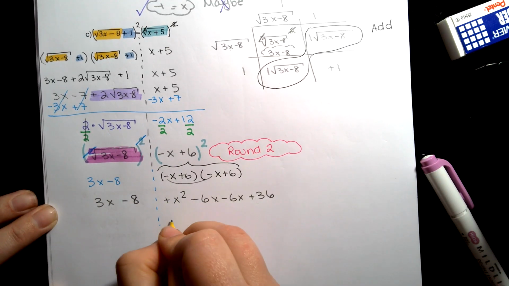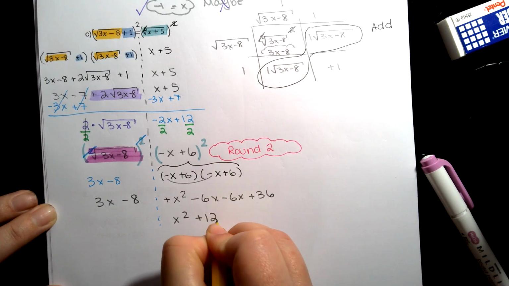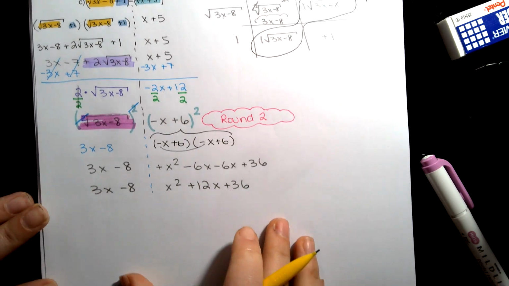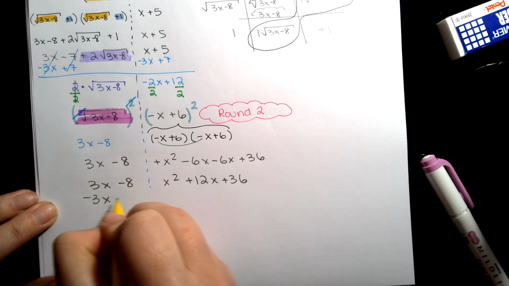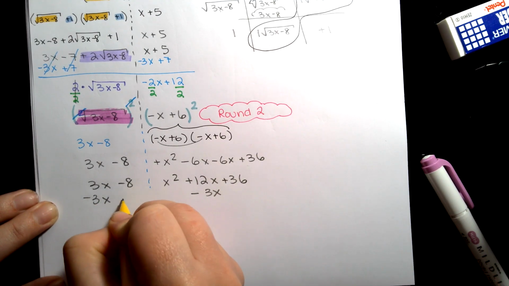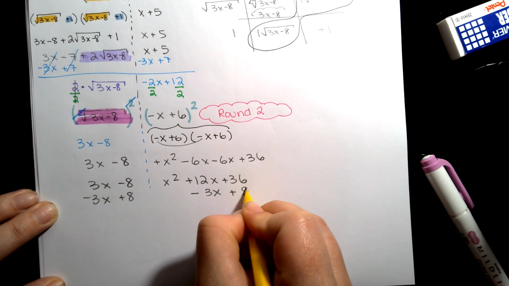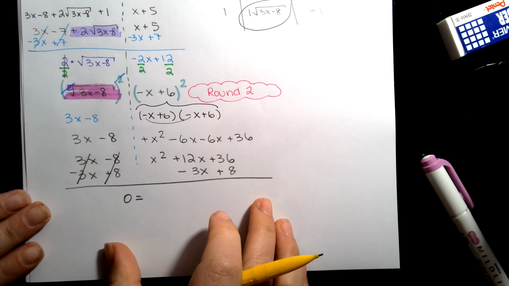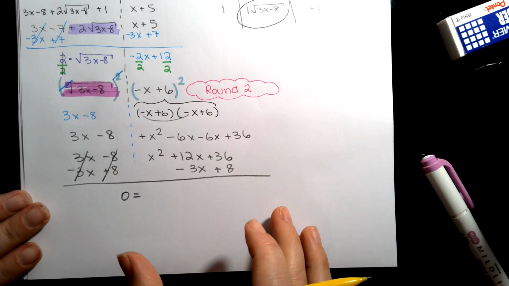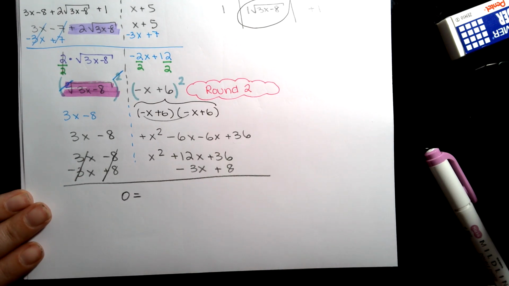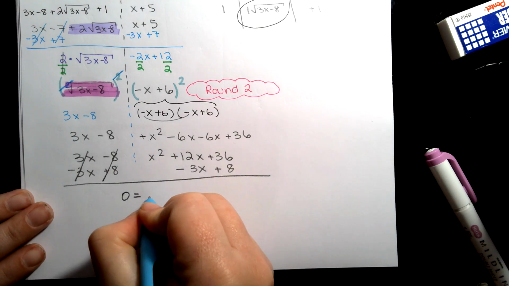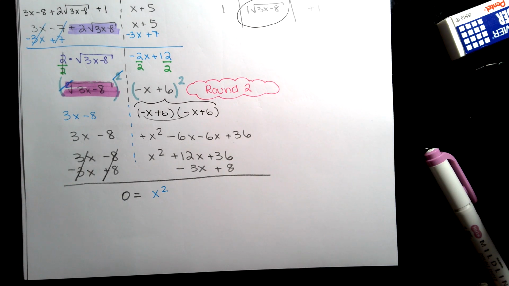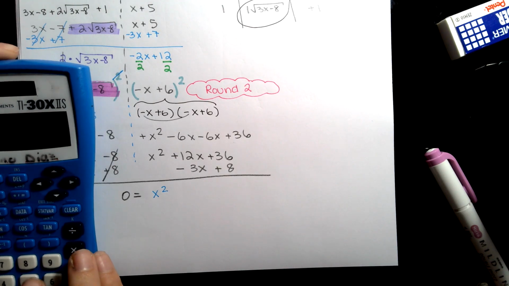This is a quadratic. We do need to combine like terms, meaning I need to shift everything over to the right-hand side. I'm going to subtract 3x, and I'm going to add 8. And I kind of do this all in one step, and our goal is to get 0. Once we get 0, we are then moving on here to solve by factoring. You can, I repeat, you can use the quadratic formula for this if you are uncomfortable